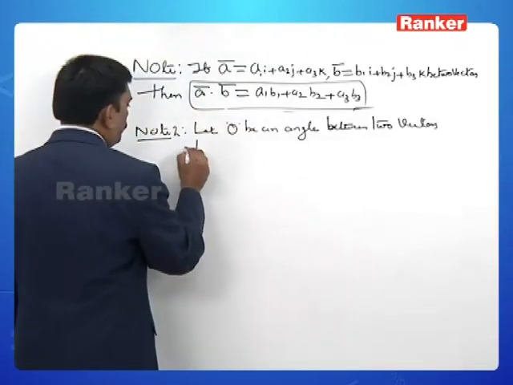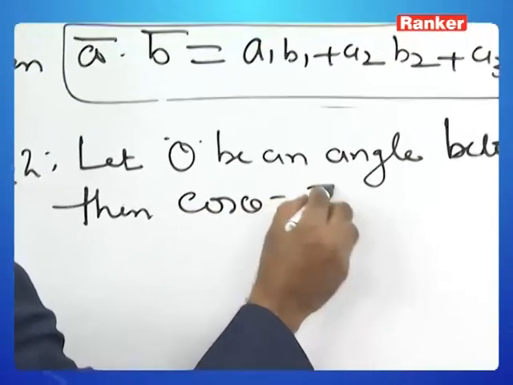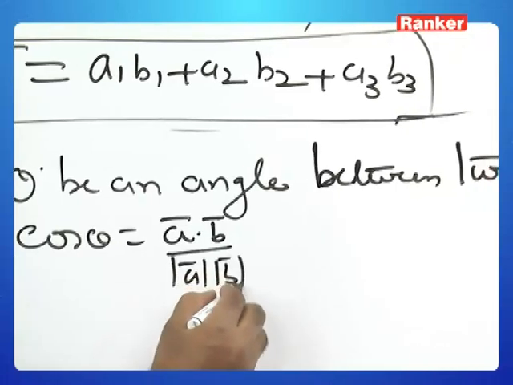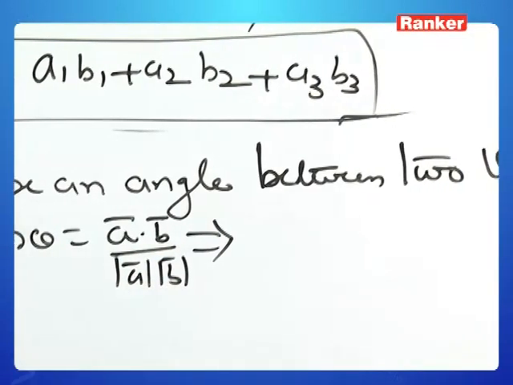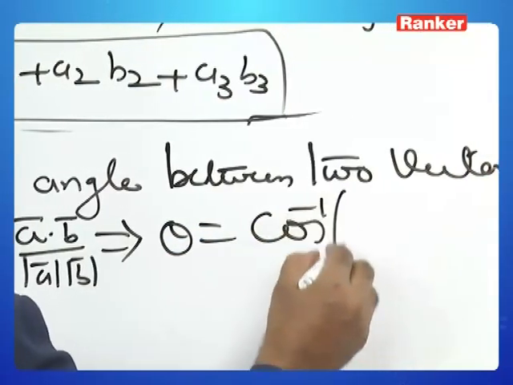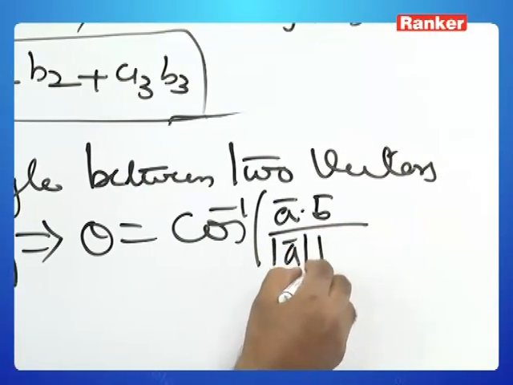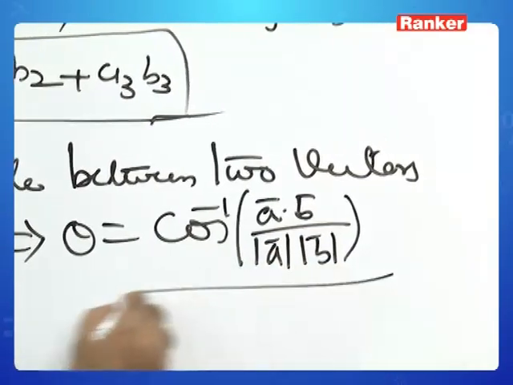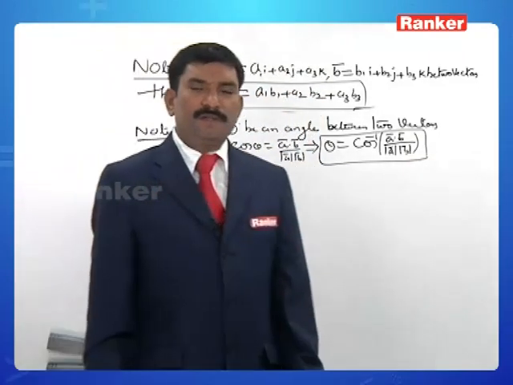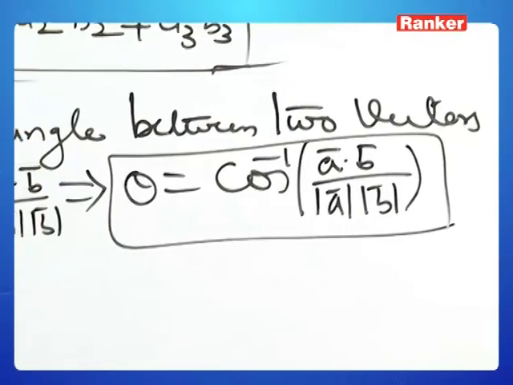Then cos theta is equal to A bar dot B bar by modulus of A bar into modulus of B bar, which implies theta is equal to cos inverse of A bar dot B bar by modulus of A bar into modulus of B bar. When you know cos theta,